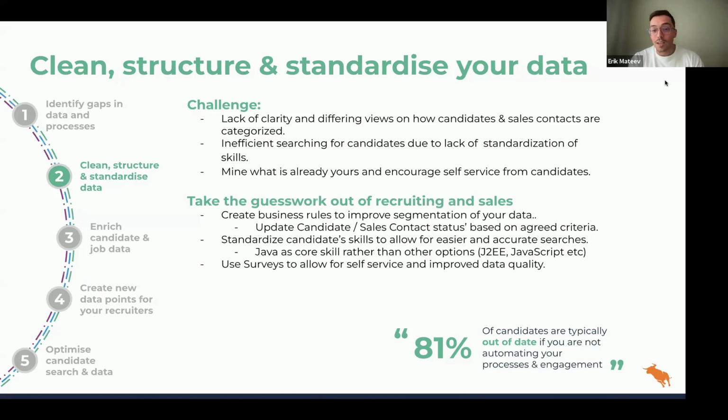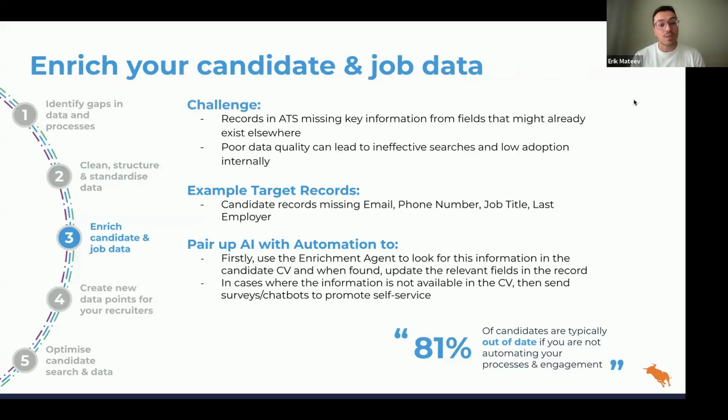As for the second use case for self-service, that's a great example. And yes, traditionally, we would have suggested if you don't have a way to contact these candidates, just go and archive them because you don't have a way to work with them in the future. But now, with the help of AI, you can actually get that information from somewhere else in Bullhorn and put it into the right fields.